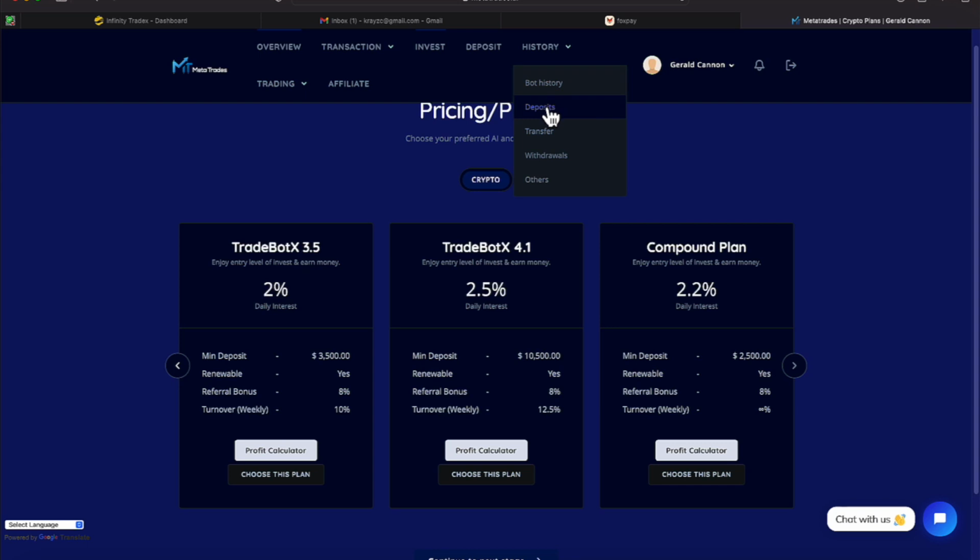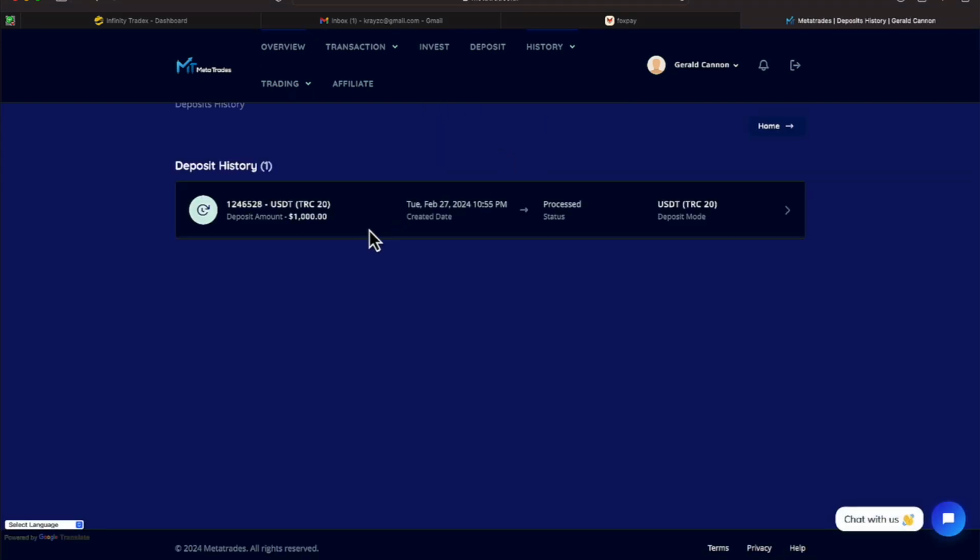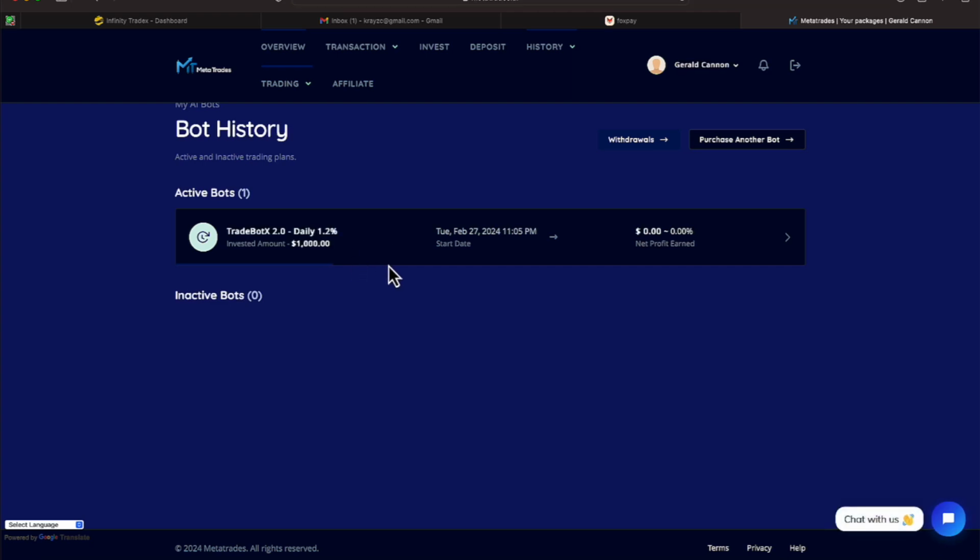And then as far as the deposit, let me show you all. Here's my initial $1,000 deposit. It looks like the 27th of February that went in. Under your history, you can show your bot history, your deposits, transfers, withdrawals, and others. I have not done any withdrawals to my wallet yet. I'll knock that out one day next week, everyone. So if I come over here to my bot history, it'll show you that I am on that plan we talked about, the TradeBots 2.0,